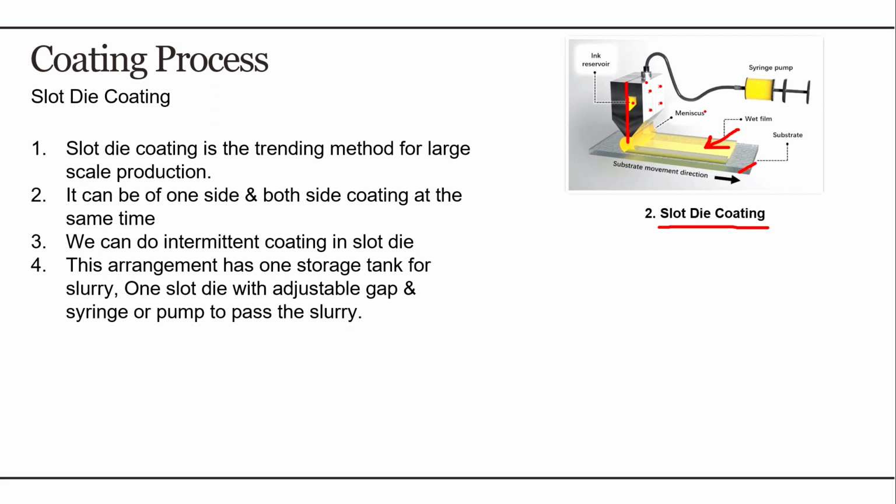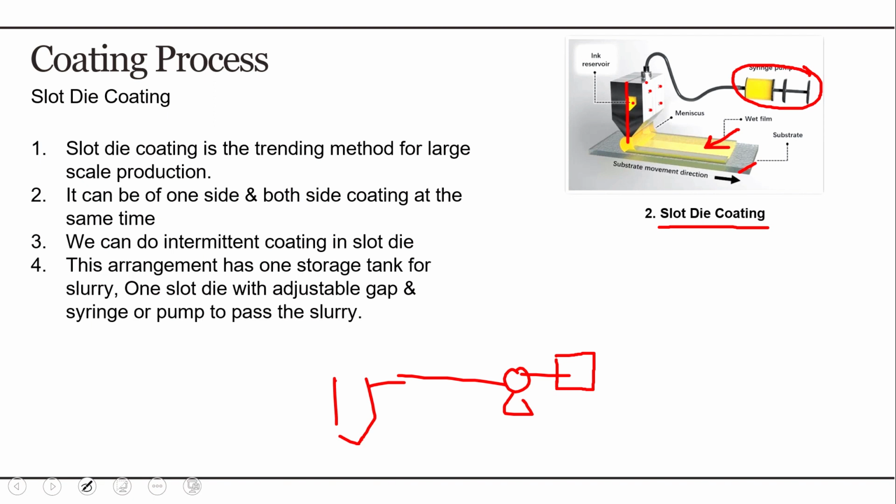The arrangement will be like we have a tank here. Through this tank we have a pump. This pump is connected to the tank. Then we have a slot die here. This pump passes the slurry to the slot die, and this is our substrate which is rolling. So it's like our slot die is applying slurry over the electrode, and the electrode is continuously passing through the rollers. So this is how this process is working,